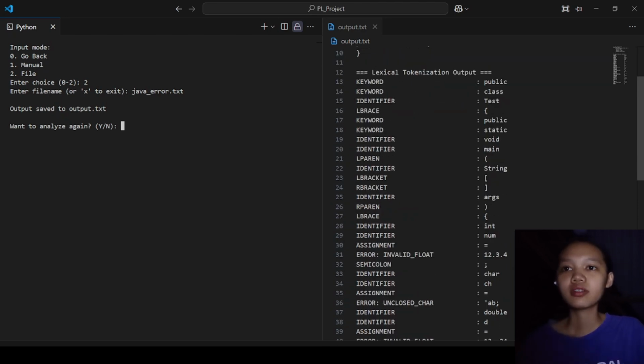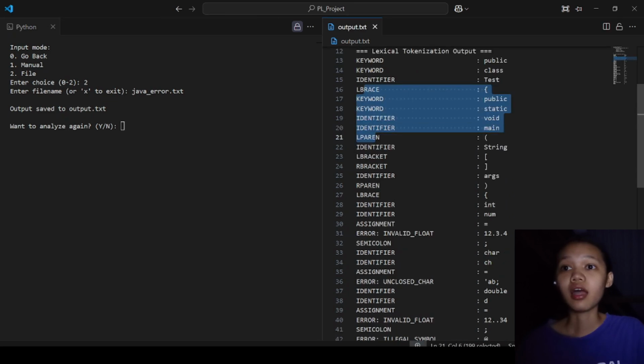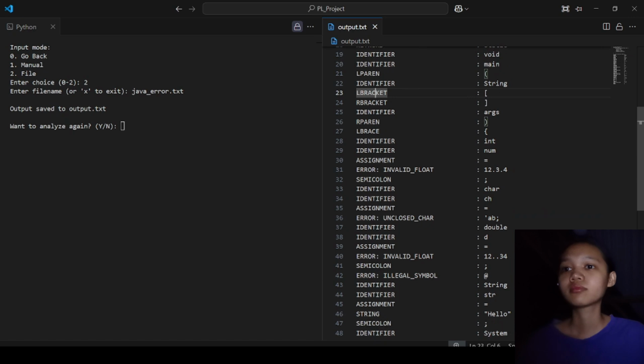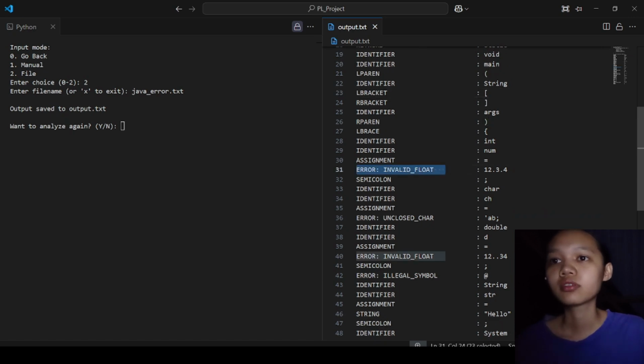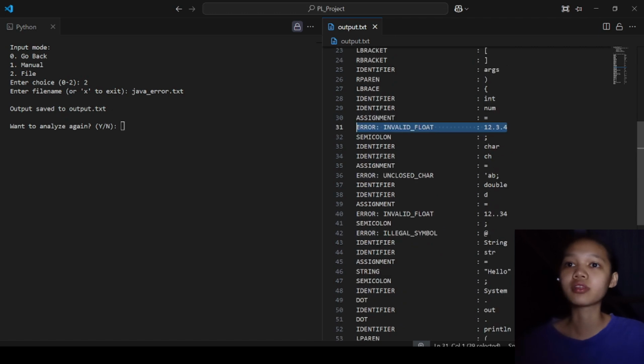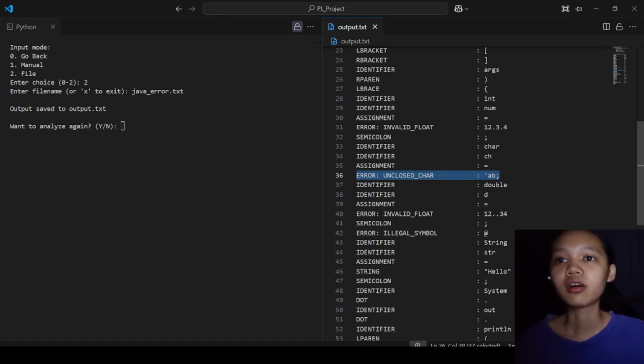So here, let's look at the identified errors of the program. We have an invalid float, which is 12.3.4, as well as an unclosed character, which, instead of another single quote, is closed with a semicolon.